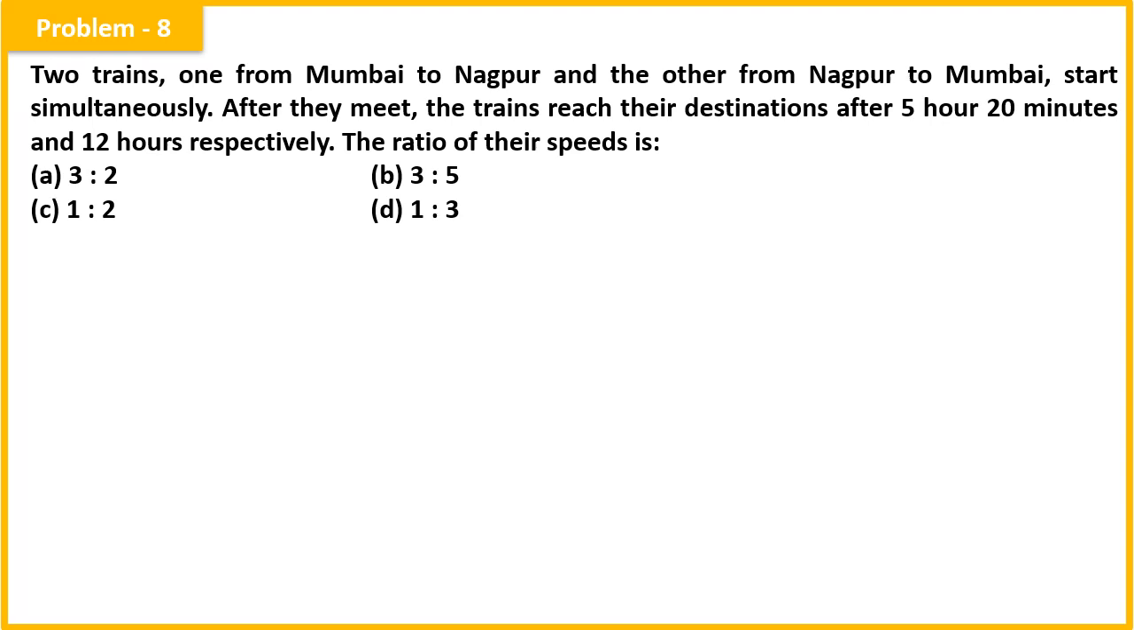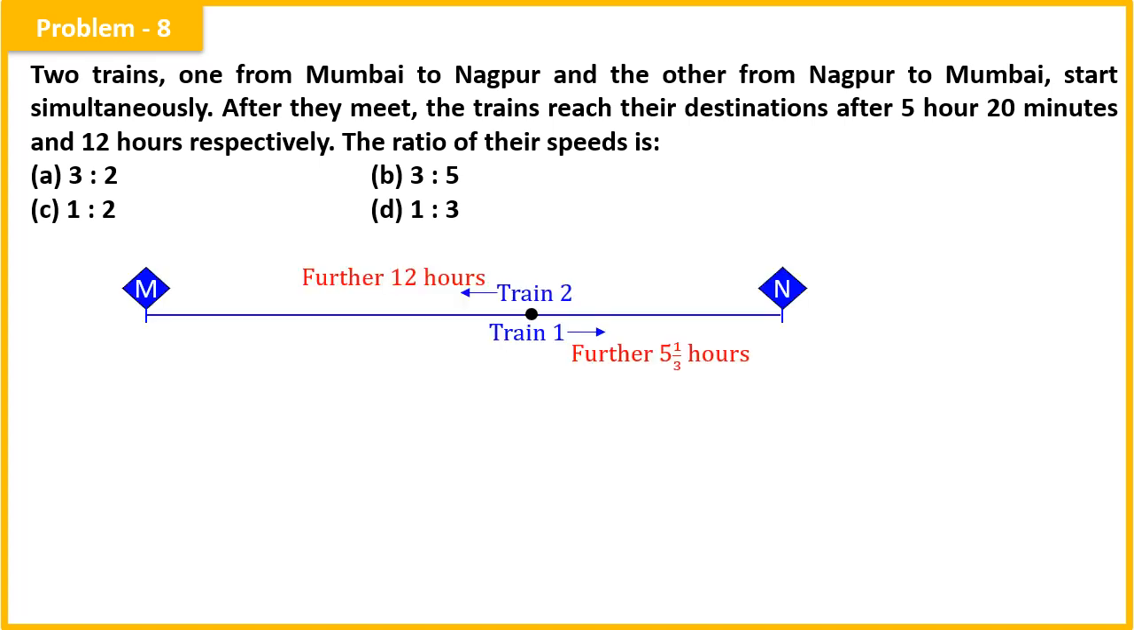Now let us try out one numerical based on this. Problem number 8. Two trains, one from Mumbai to Nagpur and another from Nagpur to Mumbai, start simultaneously. After they meet, the trains reach their destinations after 5 hours 20 minutes and 12 hours respectively. The ratio of their speeds is, well, I can write it like this. So first train